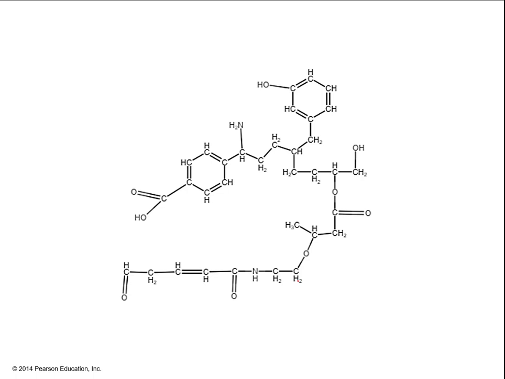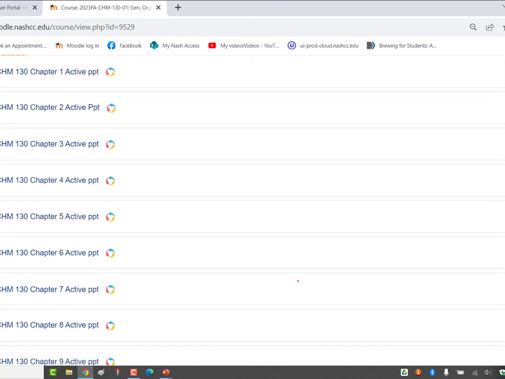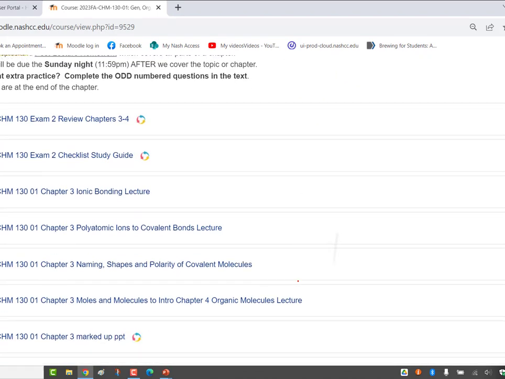I don't want you to take these home because you're going to use these on your exam. That's why they're laminated, etc. But this is posted in Moodle. So if you flip to Moodle and you go down to exam 2,